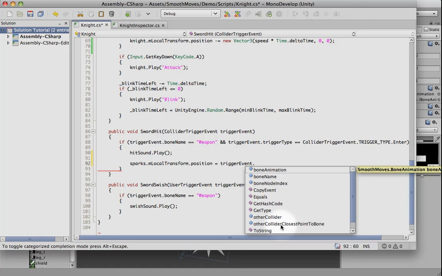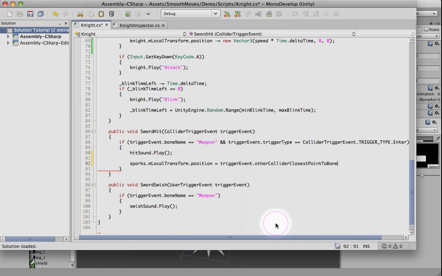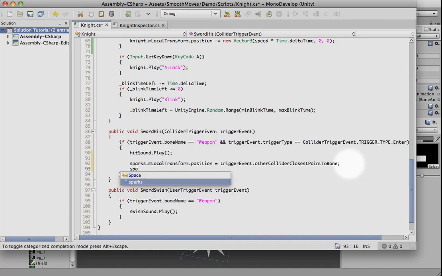It's not as precise as a collision event information. That would give you the precise location where the two hit, but this is pretty close because it takes the collider's capsule and then tries to calculate where the collision occurred. So this is a pretty good one. So we'll go ahead and use this. This is a vector 3, so that'll work for that. So we'll move the sparks there, and then we want to play the sparks. And we just call the animation hit. So we move the sparks, and then we play the animation. Let's go ahead and